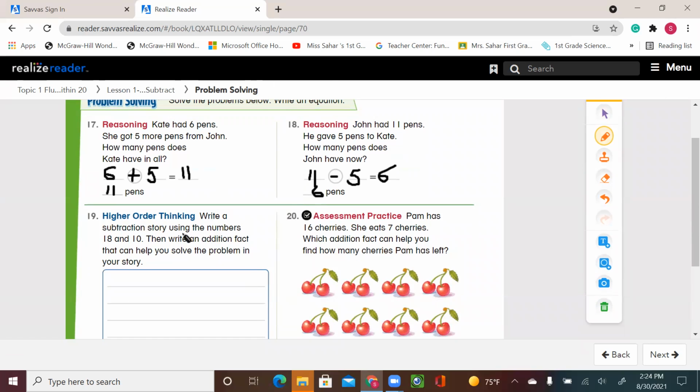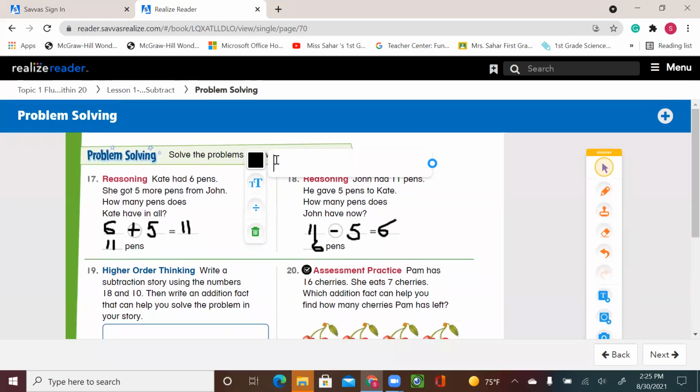Okay, write a subtraction story using the numbers 18 and 10. Then write an addition fact that can help you solve the problem in your story. So we're going to say, for example, there were 18 grapes in my lunchbox. I ate 10 grapes. How many grapes do I have left? So this would be your story. So let's write it here, for example,